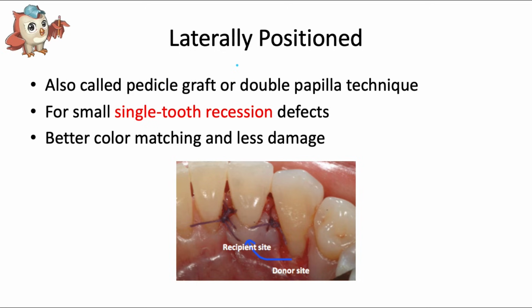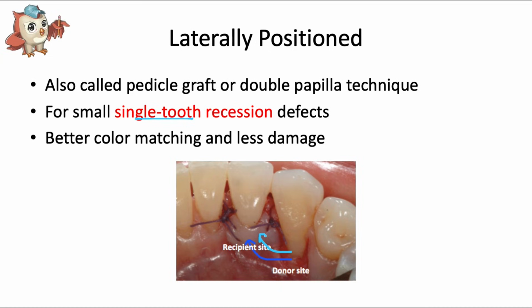The laterally positioned flap is also called a laterally displaced flap, a pedicle graft, or a double papilla technique. And this one is for small, single tooth recession defects only. And in the most basic sense, it involves taking the gingiva in front of one tooth and pulling it in